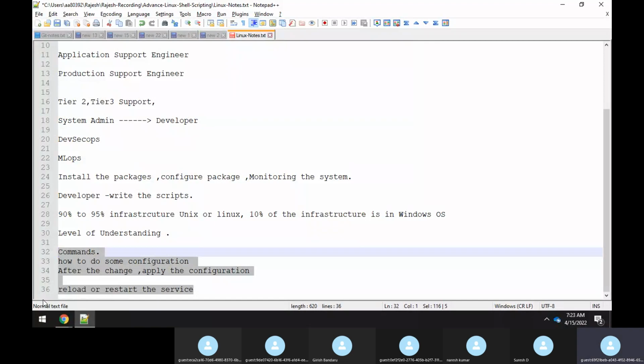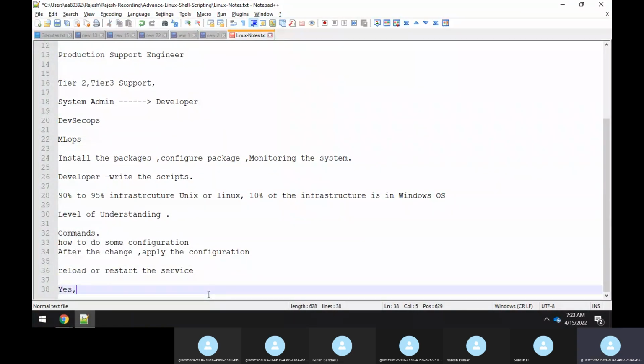If you ask me, what I would say is that yes, he should know it. Understanding the Linux operating system to a certain extent is required for DevOps.